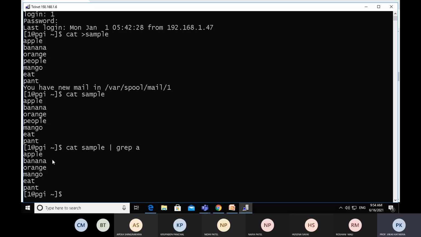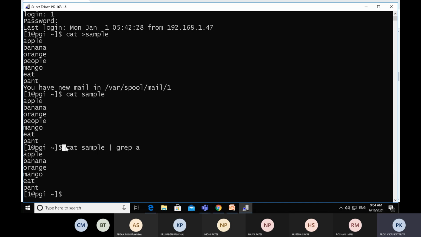Banana contains a, yes, it is displayed. Orange also contains the alphabet a, it is displayed. Mango, eat, and pant. But the string people does not contain a single a, so grep does not accept this string.